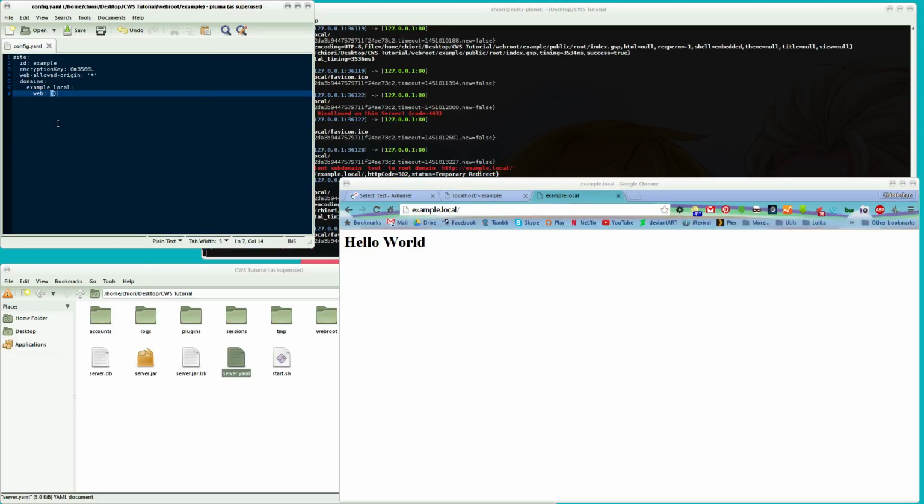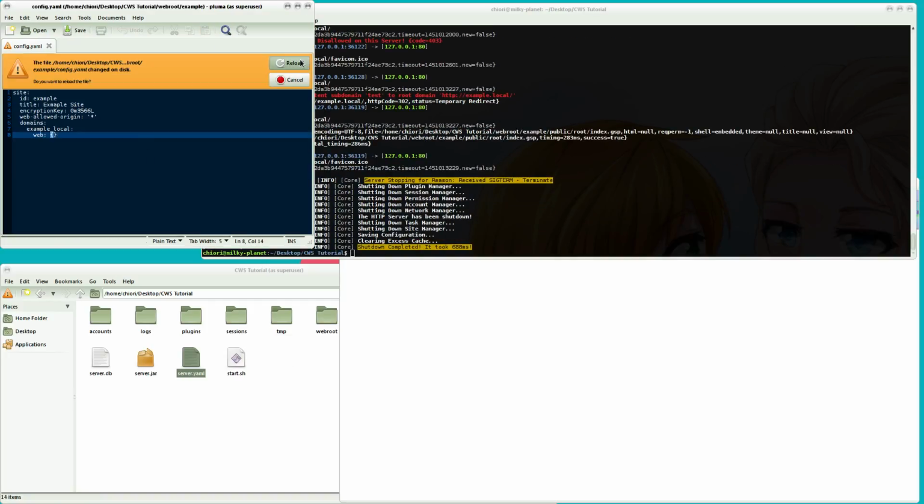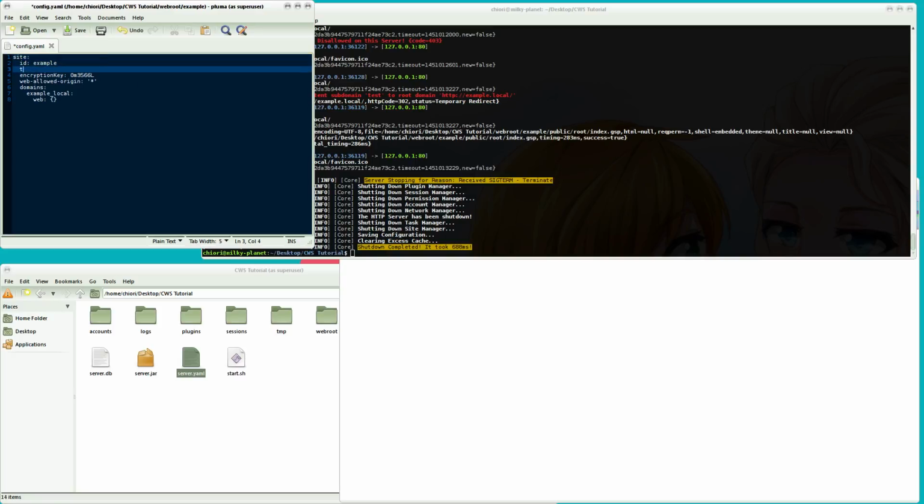All right, so I'm going to go over real quick what other configuration options you have here. The first thing that's the most obvious is title. We're going to go ahead and type in example site. Oh yeah, I want to stop the server because, okay. So we're going to type in title,